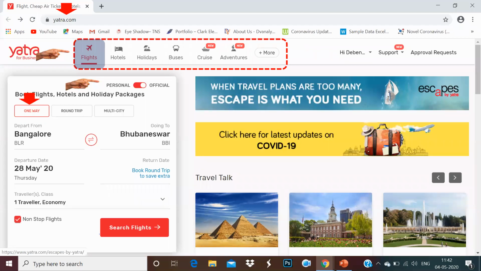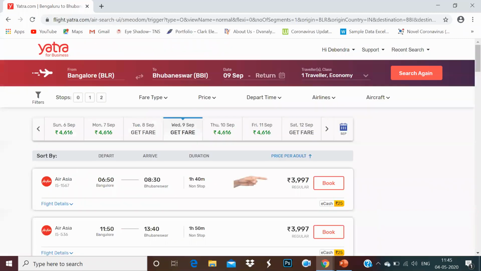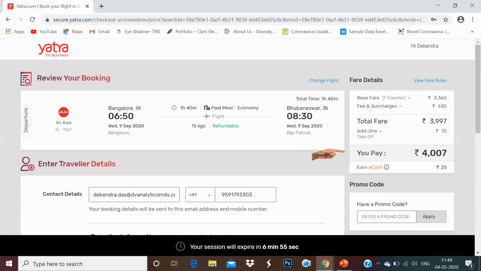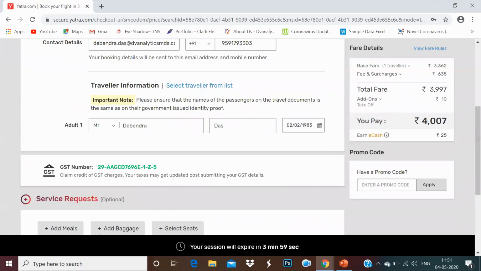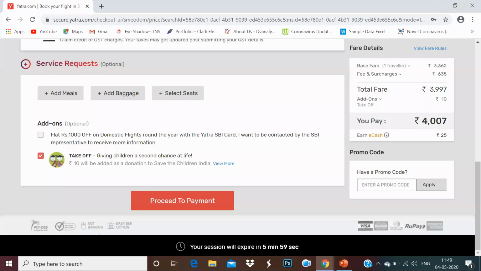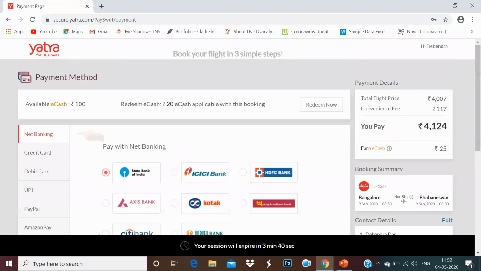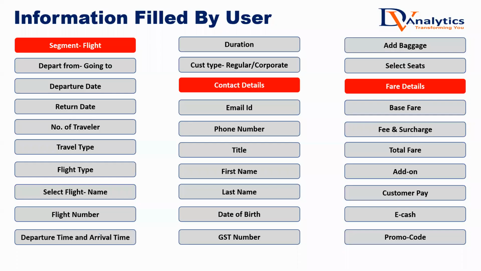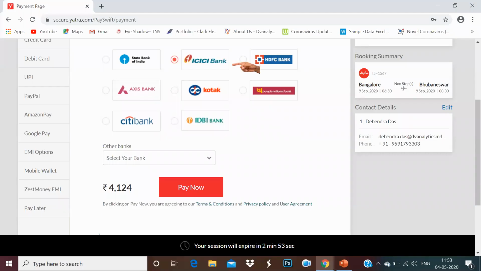We spoke about how to get data one way: deciding departure from, departure to, date of travel, number of travelers, and searching the flight. You decide which flight you want to book, you book the ticket, and look at the total pay you want to make. You understand the details you want to give as contact details, and the flight details. You enter all details, which are your first name, last name, and email ID, and go on to give your GST number because you're working through a corporate, filling out all the information required. Then you decide how to make the payment. You selected ICICI Bank and fill in your payment information.